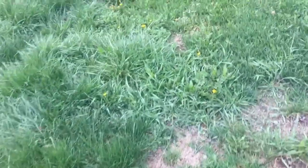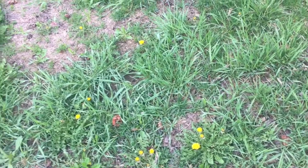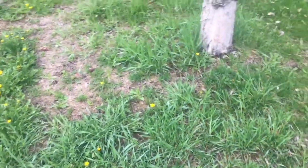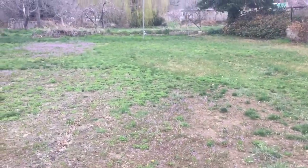And I need to get a little bug killer, diatomaceous earth or whatever, because right in this little area here, I noticed last year there was a bunch of box elder bugs. And they go up and they like to get near fruit. There's a lot of them when you get box elder bugs. So this year,